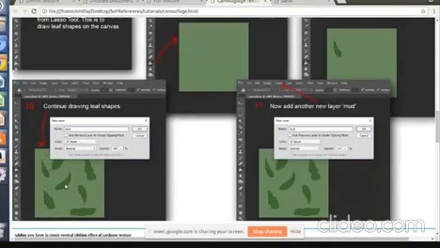Now after you filled it with leaf shapes, the canvas looks like this. You can notice that I have filled some, and it's very irregular. I have not drawn a perfect leaf shape, right? It has to look patchy. After this, you have to add a new layer on top of this. So go to layer menu again, add a new layer and label this new layer as mud. Now you're going to add mud color in this.